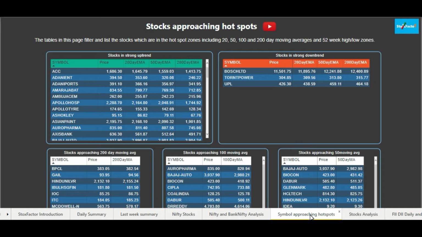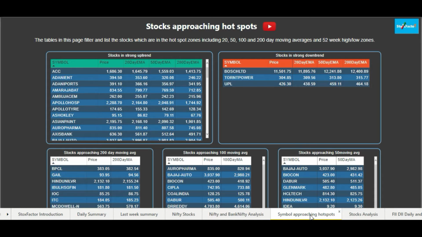So friends, what do we mean by hotspots? Hotspots is our term which we have defined for the spots where the major support or major resistance lies. As you already know, major support levels are where the buying interest is. So major support areas are those areas where people are ready to buy. It can be a static support area or a dynamic support area.